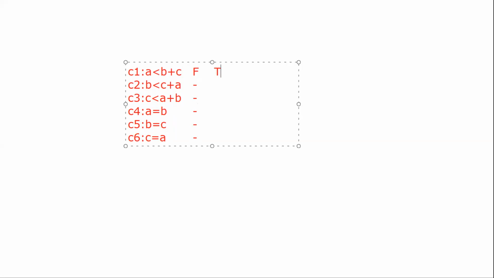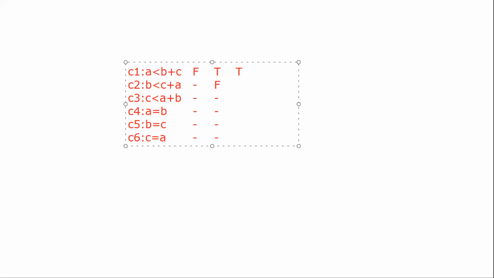If I say this is true, the next one is false. I don't want to bother about the rest of it because one condition fails means you cannot form a triangle. So what they have done is they have merged these three conditions and they have said that it is one and the same. So based on that particular rule, that's how the particular value will be coming into picture.